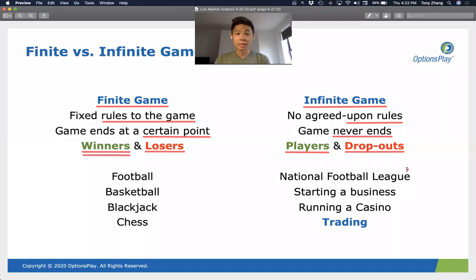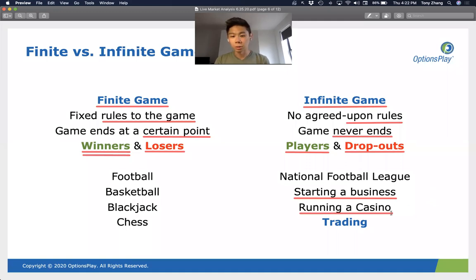And examples of this, I think the primary example is running a business. That's an example of an infinite game, because there's no such thing as winning in running a business. You can't win. Apple cannot win. Microsoft cannot win. One is either in business or no longer in business. Those are the only 2 possible outcomes.